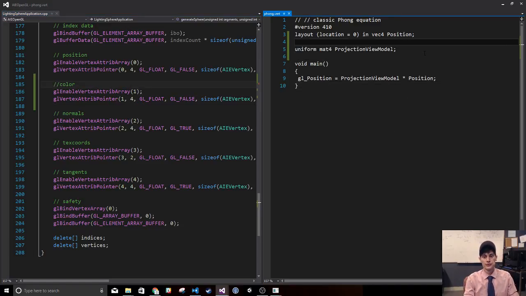Wow, 5 minutes. Okay, so if you want to set up the color information, you would say layout location is 1, and then in some vec4, and then we'll just say color. This variable name doesn't matter. This is what matters, location. So with that said, if I wanted to add another guy, so if you're looking at GL enable vertex attribute array 2,